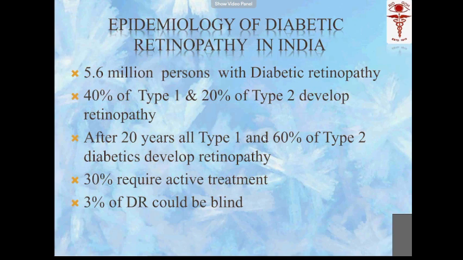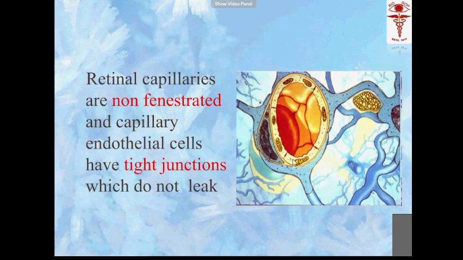So you should know the structure of the retinal capillaries. The retinal capillaries are non-fenestrated. You know that there are two blood barriers in the retina, the outer barrier and the inner barrier. The outer barrier is formed by, any answer? The outer blood retinal barrier is formed by